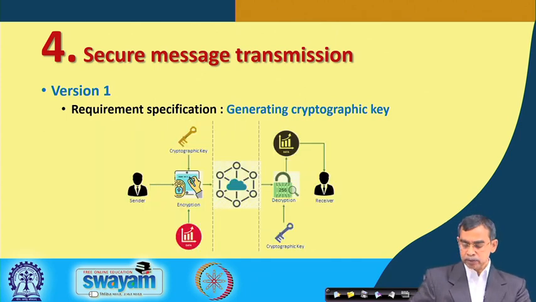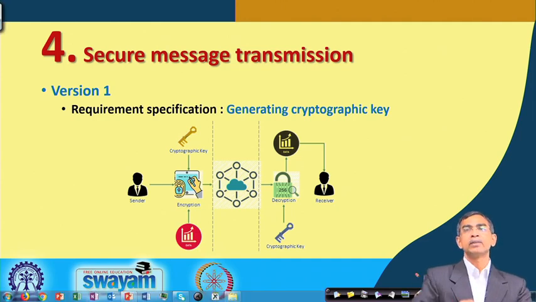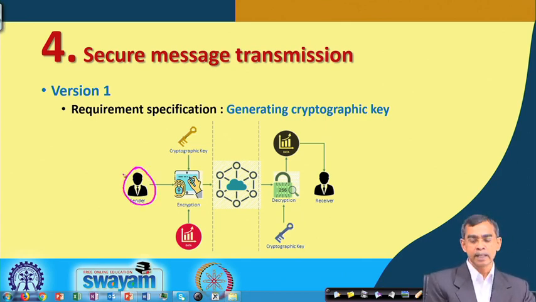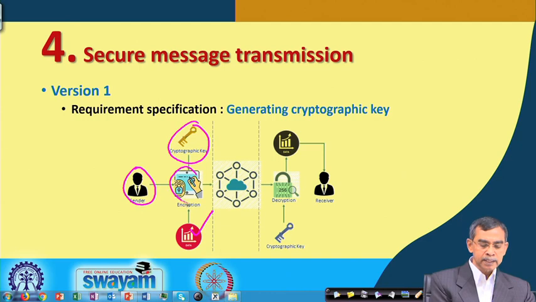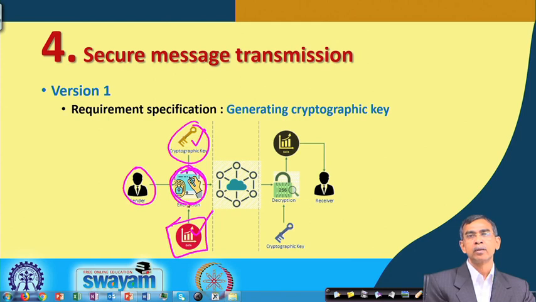Now, here is an idea about how your framework will work, so that you can ultimately develop a system. I have just given a picture for your understanding. Here is a sender who wants to send some document. The sender will use a cryptographic key, whether the same or different, and an encryption algorithm. So you need to know how this key can be generated and how this technique can be done. The document can be any document, a Word document, a Notepad document, a PDF or an image, absolutely no issue, the algorithm will take care of it.